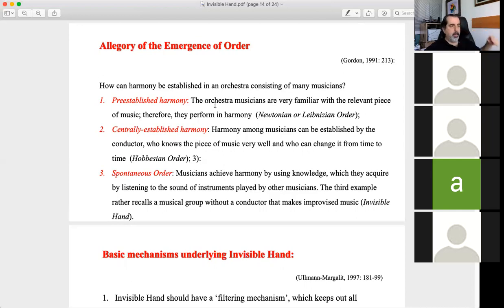I don't know if you are familiar with that, which was very good. Anyway, that's another idea. But the invisible hand idea is exactly similar to this. There are different players, different musicians, and they act according to the others' actions, etc. So there will be some interactions. These interactions are nothing but